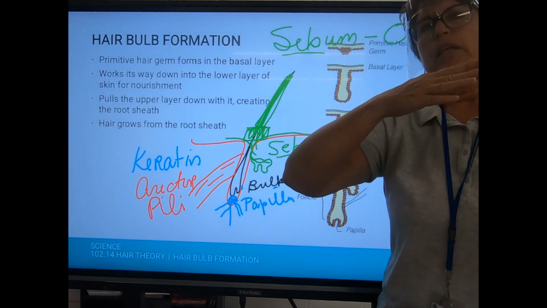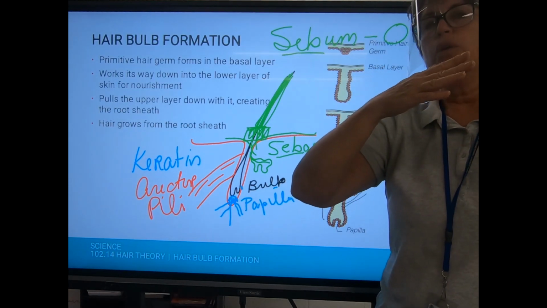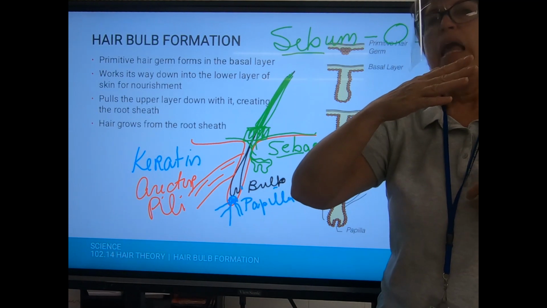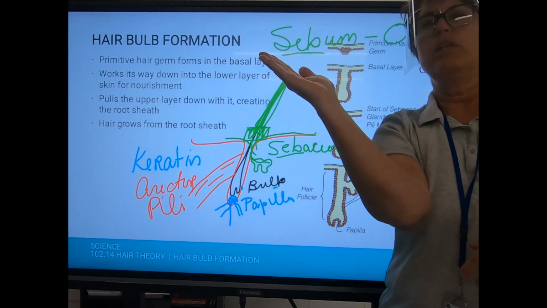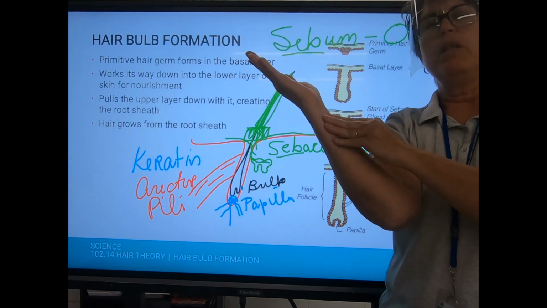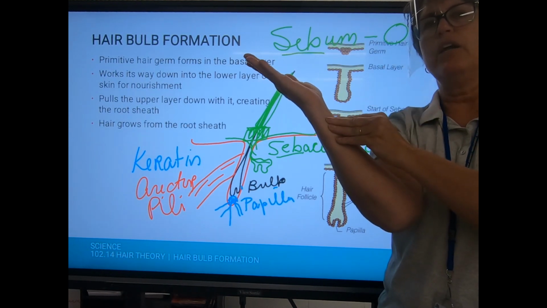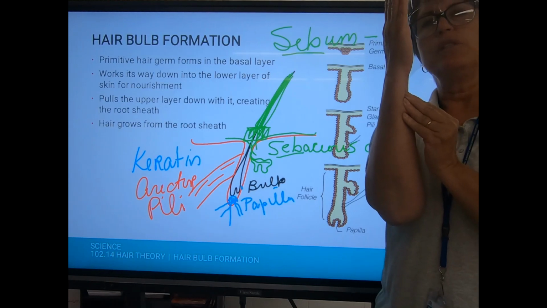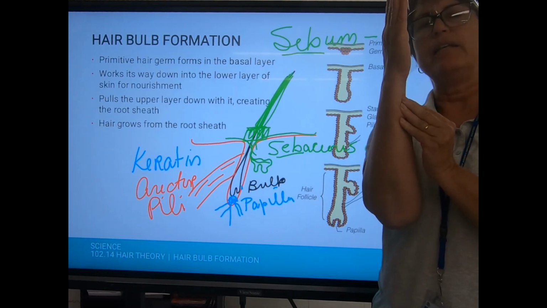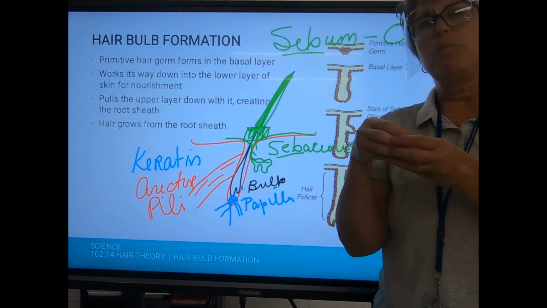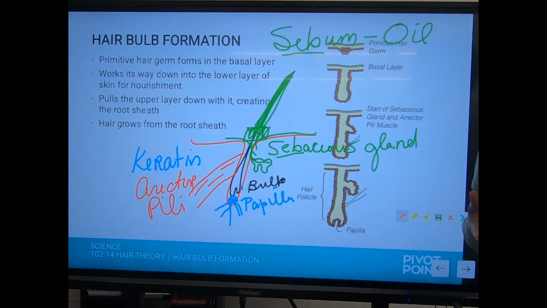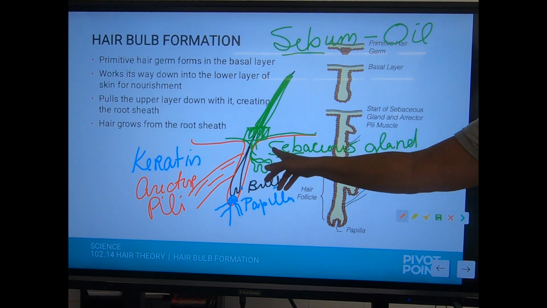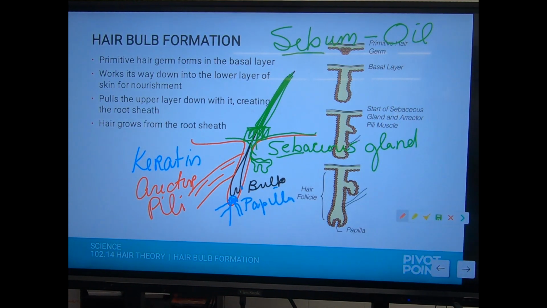So your follicle's like this, but then you get cold or you get scared, okay? And the muscle tightens up. So let me say it's going this way. And my erector pili muscle tightens up because I'm cold or scared, and it causes my follicle to stand erect. It's not slanted anymore, and that puckers up our skin, and we get goosebumps. So that's where that comes from, the erector pili muscle. So that's what gives you goosebumps.